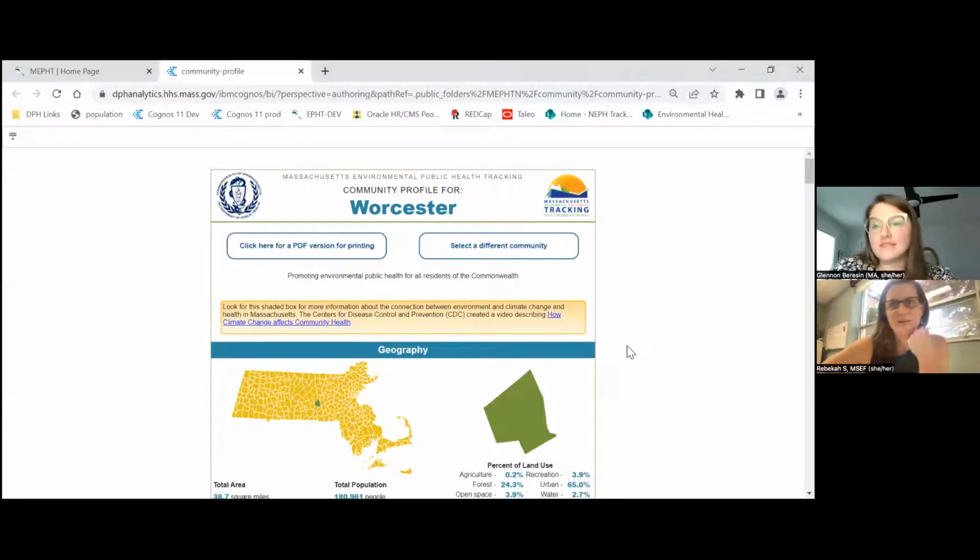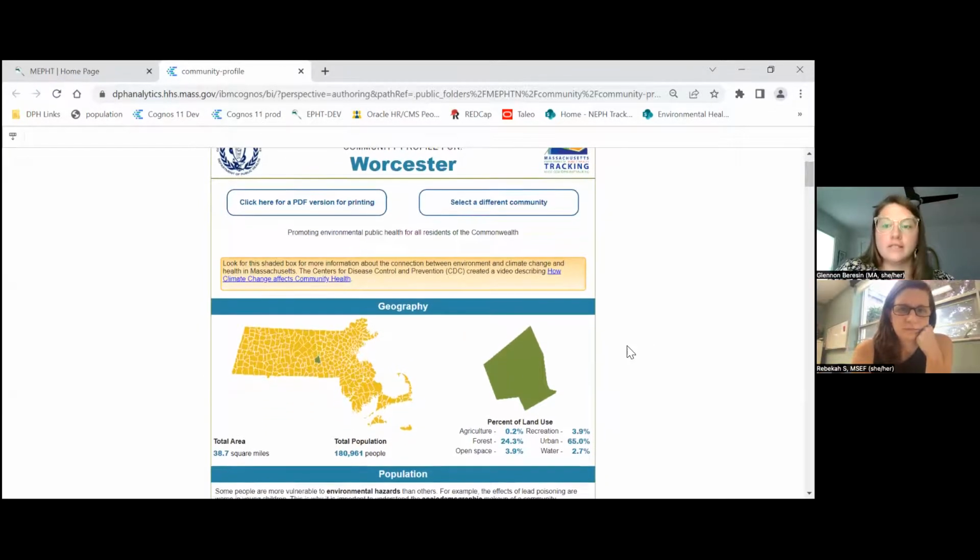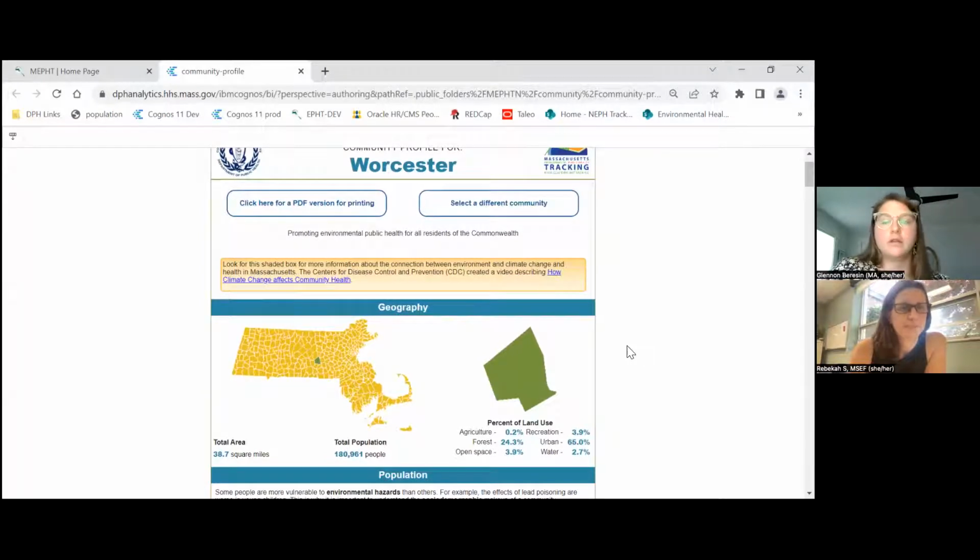Yes, many of our reports are formatted that way, and the graphics and the context and everything takes a while to populate. But it does ensure that as soon as we update the data in our production database, it is dynamically pulled into all of our reports. So you can be assured that everything is as updated as it can be.